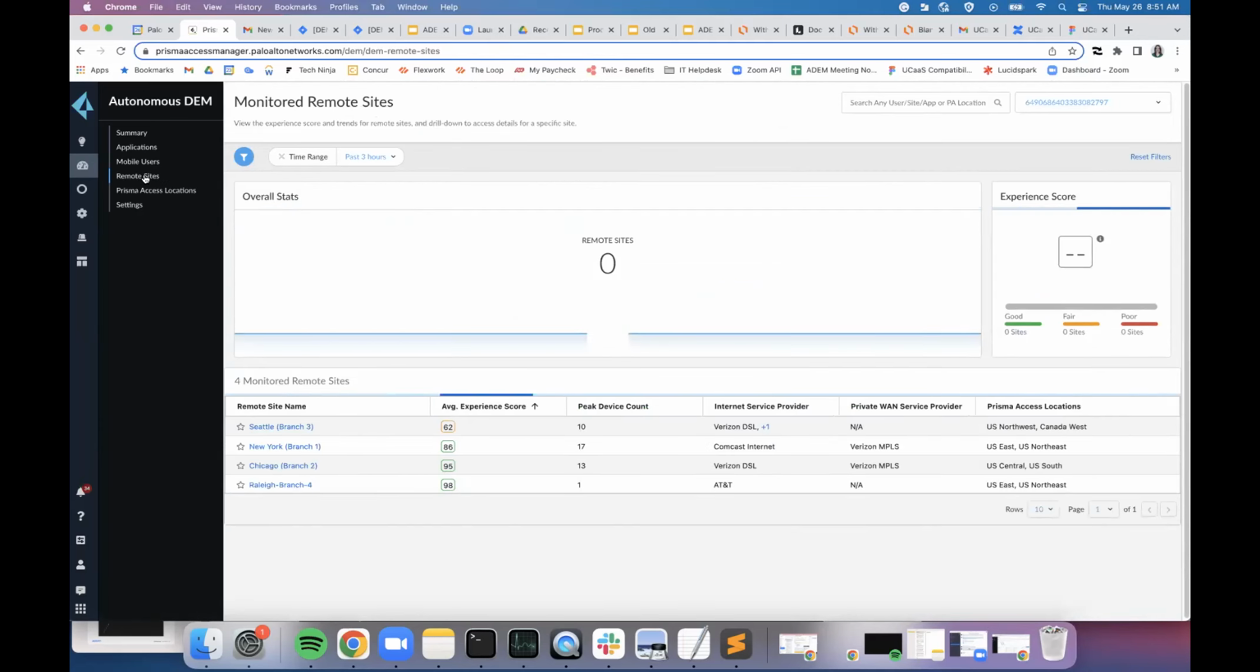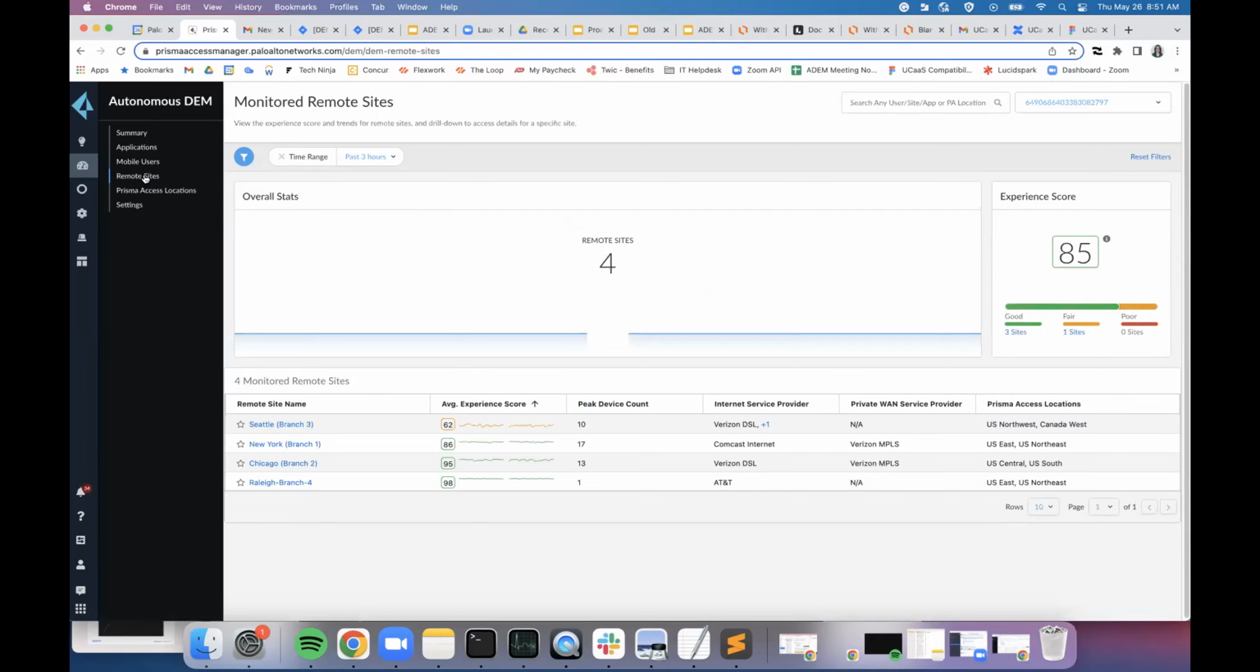Let's take a quick look at the remote sites page. So these remote sites are the Prisma SD-WAN branches. And what we see here is that we've got pretty good performance on 3 out of the 4 Prisma SD-WAN branches. New York, Chicago, and Raleigh look fine. And if we drill down into Seattle,